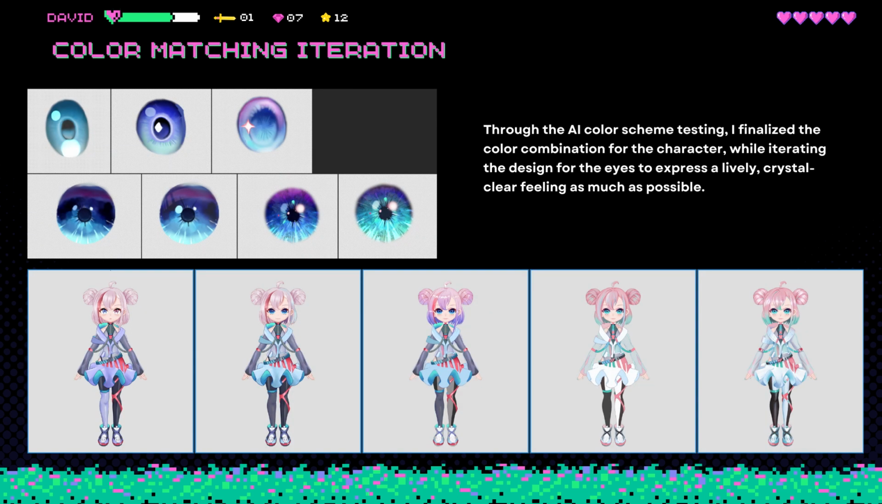Next, you could see what happened to the characters. The character colors changed a lot. I also redesigned the eyes and separated them into many different layers. We want to make very lovely and crystal clear eyes as much as possible. When the model is completed, you could see the rotation of the eyes present different sensations and depths of